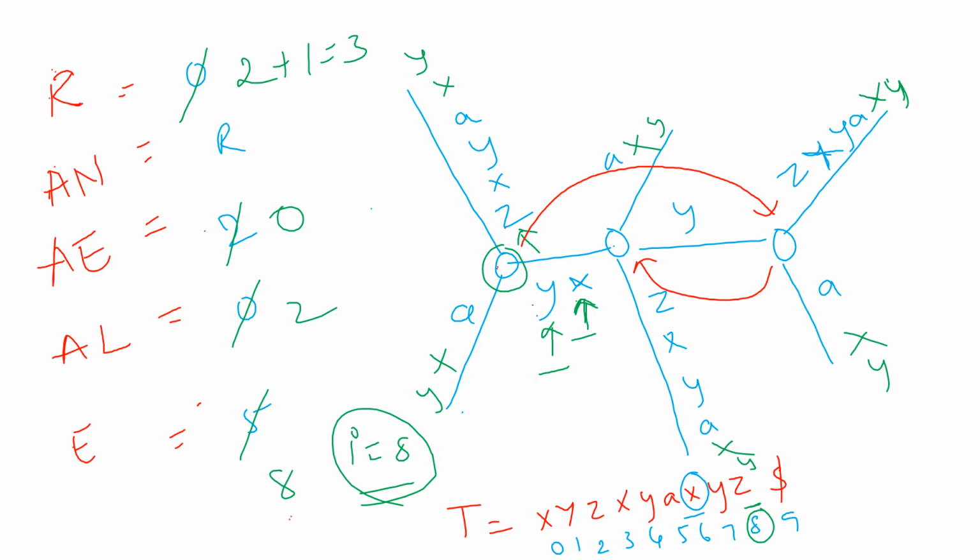So now I'll have to update the active node. I'll name this node A and this node B. So I'll have to move to the node A. I'll update this node to A, and I'll have to increment active edge to 2, and active length will become 1 again. So 2, because Z is on the index 2, and it's on the first length 1, so I'll have to go to the 1. Since it's an internal jump, again rule 3 extension stops.